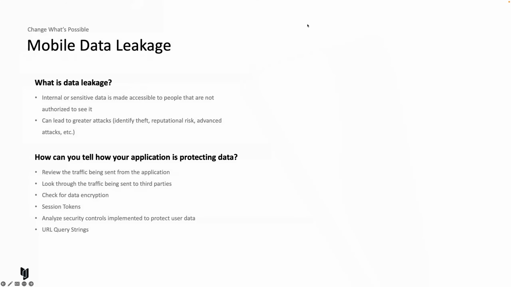So, mobile data leakage, what is it? Essentially, it's when internal or sensitive data is made accessible to people that are not authorized to see it. This can obviously lead to greater attacks, things like identity theft, reputational risk, and potentially advanced attacks depending on what data is being leaked. Now, there are a large number of mobile applications that are still leaking data,